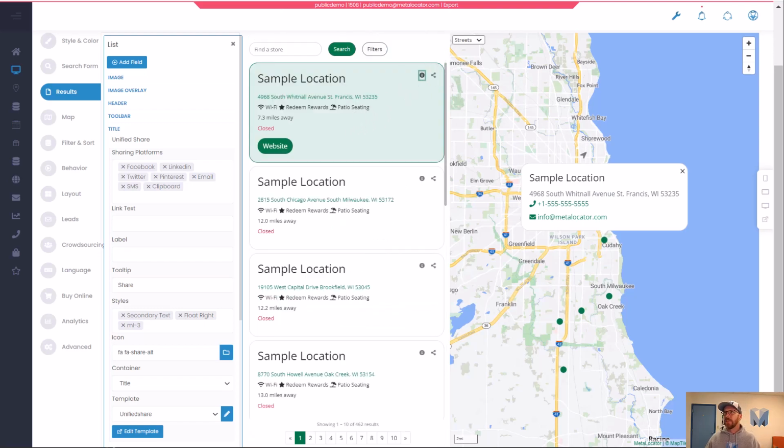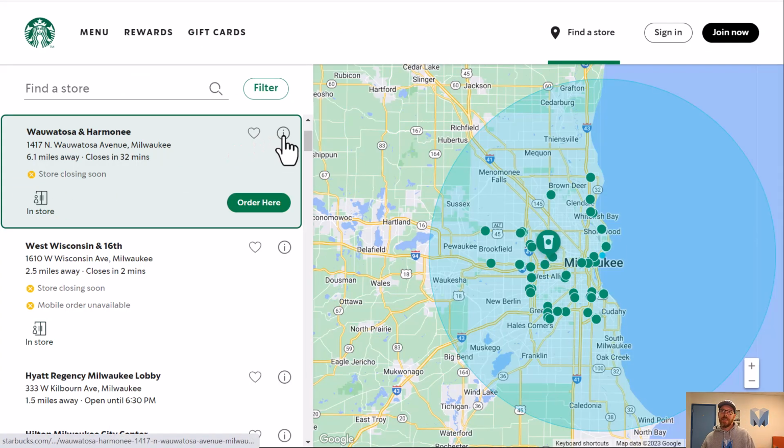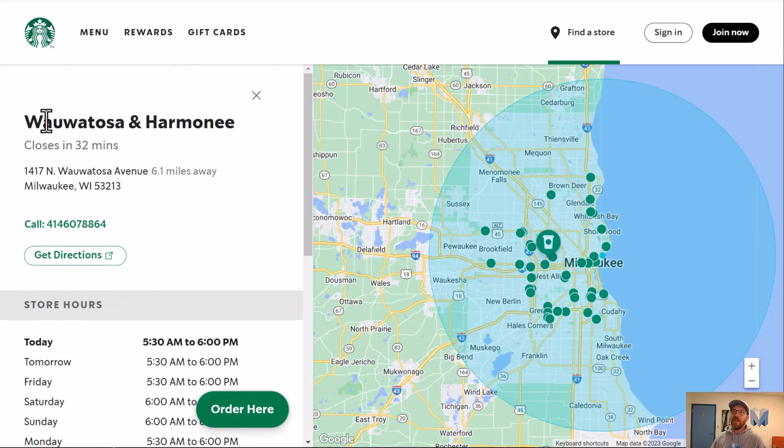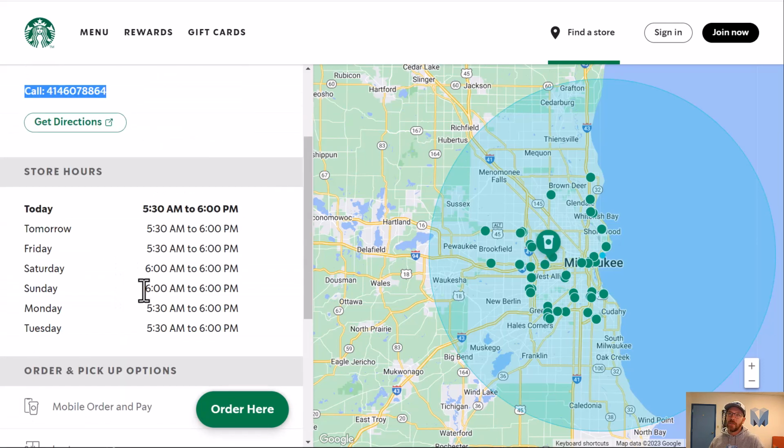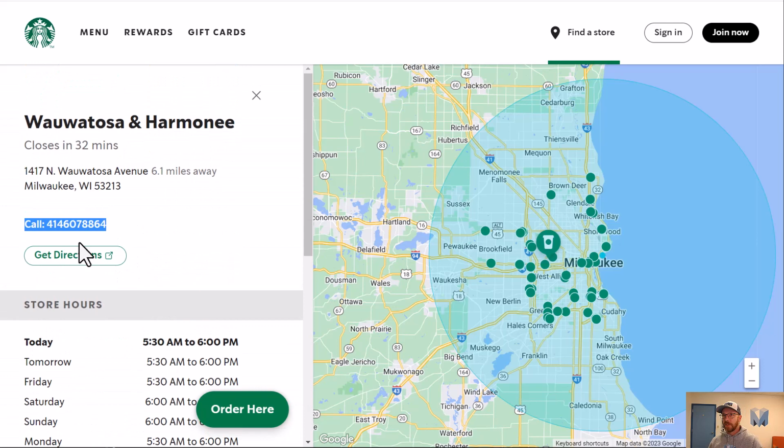And the details page in theirs is actually quite nice. I like it a lot. They have the title, they have closes soon, they have the address, they have the distance, they have this call, they have get directions, and then they also have like the store hours and such. I think I've covered basically these pieces. One thing I didn't cover was this